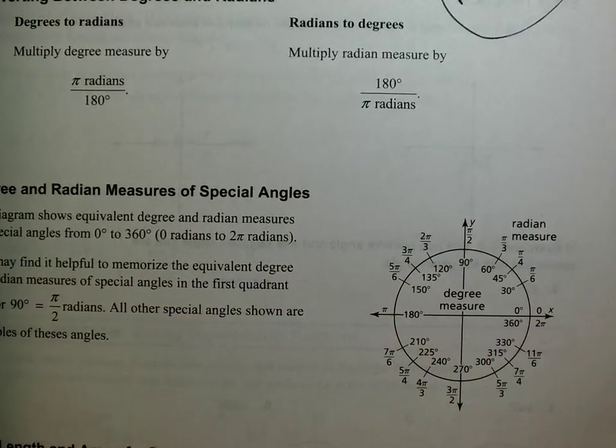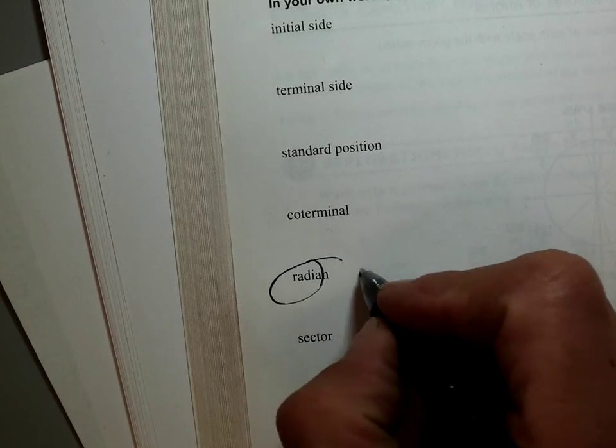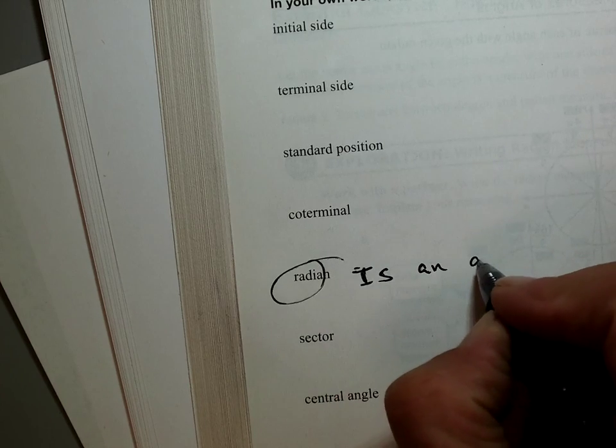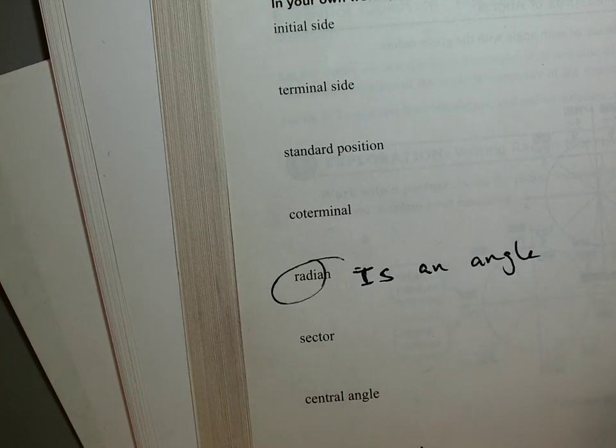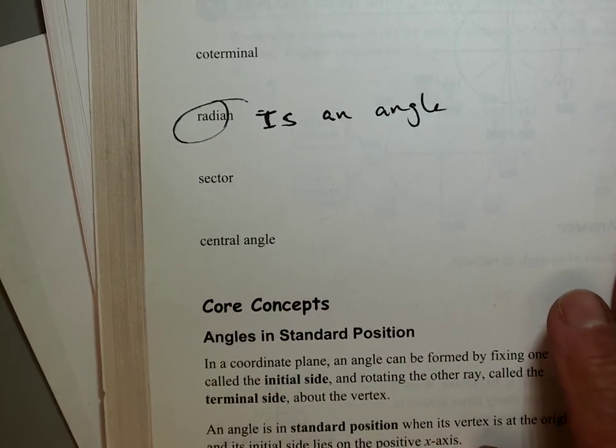Okay, so today, no matter what, we want to make sure that we write over here radian. Okay, what is a radian? A radian is an angle. Okay, a radian is an angle. Write that down. A radian is an angle where